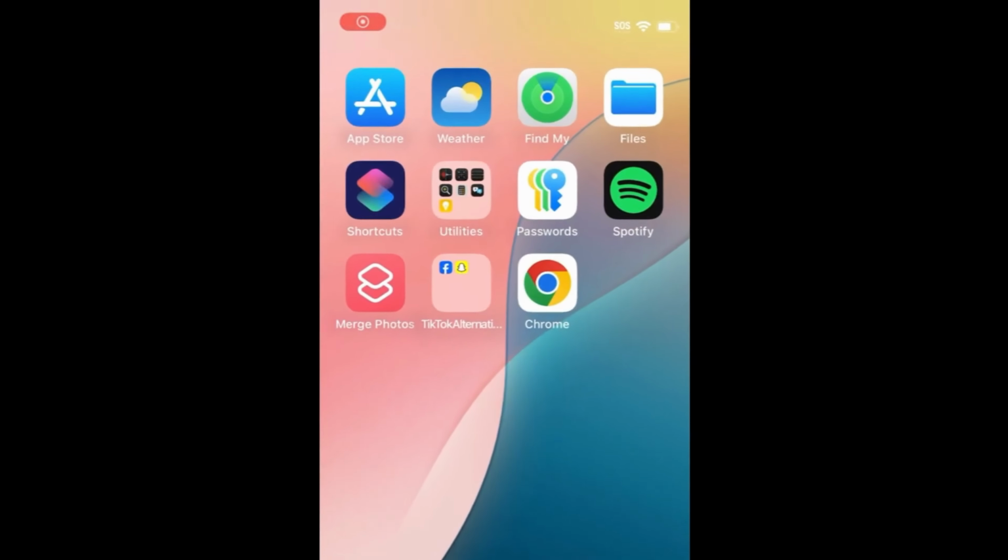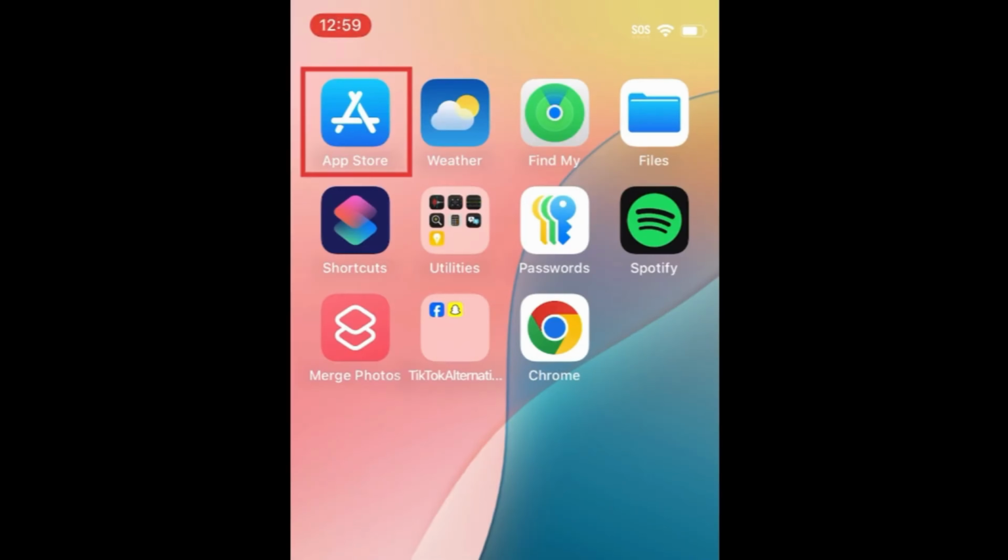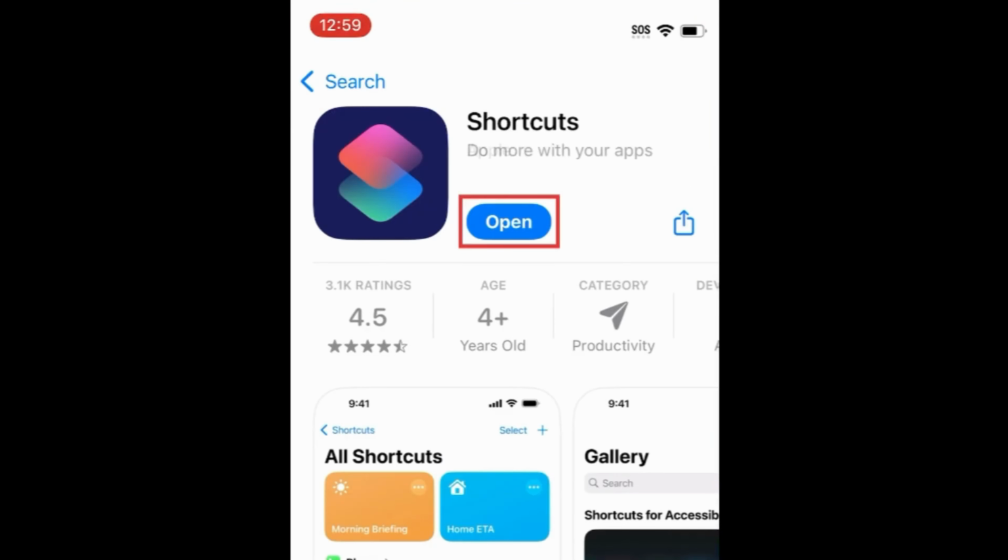Now let's get started. To create our collage, we're going to use the Shortcuts app that comes built into your iPhone. If you've previously deleted this app, you can re-download it for free from the App Store. Open the Shortcuts app